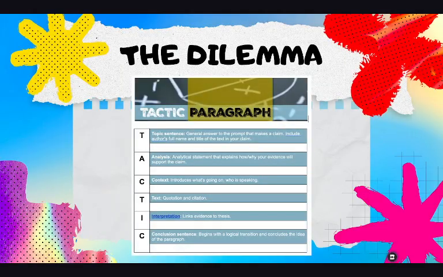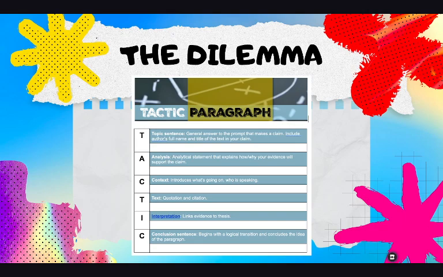So my inquiry question has to do with something called the tactic paragraph. A tactic paragraph is something that all of the teachers at University City High School use for analytical writing. Specifically, we use it to analyze an author's purpose with regards to a literary strategy that they use. So here is the tactic paragraph outline. As you can see, there's 6 sentences,